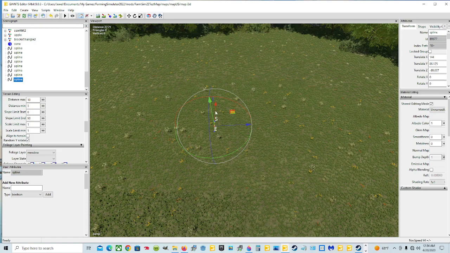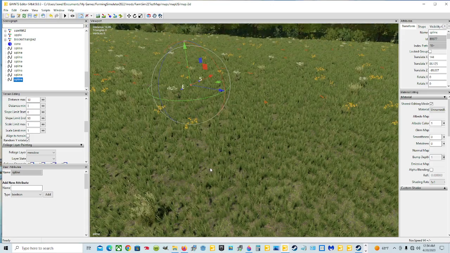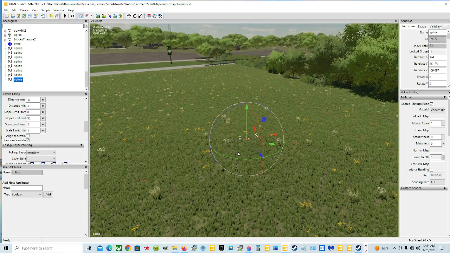So I would leave the gizmo the way it's facing. Sometimes it creates issues on how it generates the ground. Sometimes it doesn't. It really just depends. I don't know all the details of why it does that. I just know it sometimes can do that. So leave it like it is, and we're just going to move these to go where we want them to go